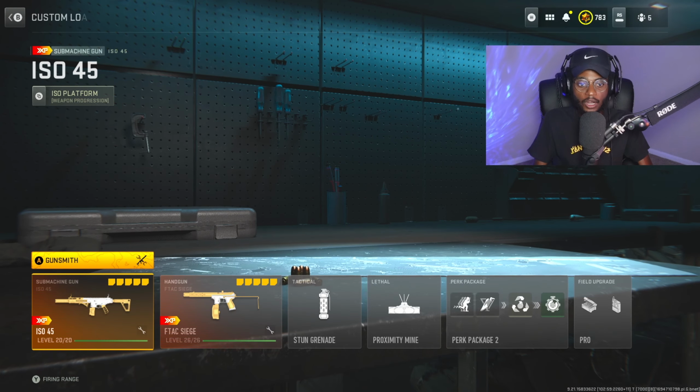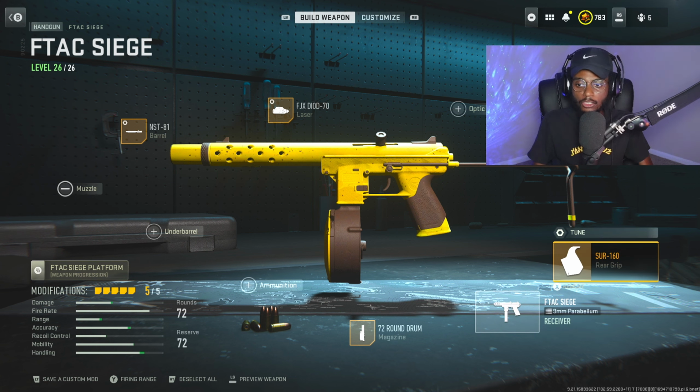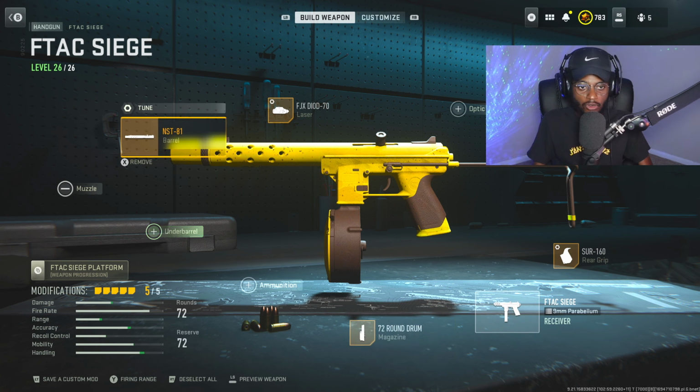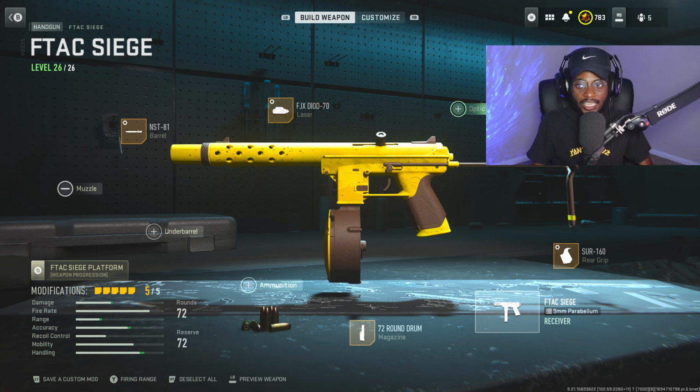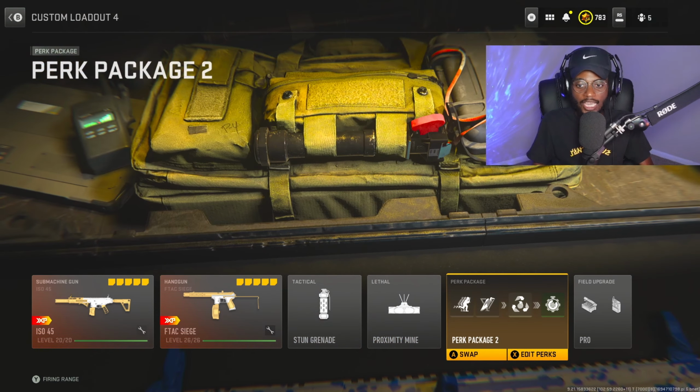Now, for the setup, we are going to be rocking with the FTAC Siege. Again, same attachments as always. SIR 160 rear grip, 72 round drum, the NST81 barrel, the DH70 laser, as well as the good old Siege wire stock. Now, we have on the stun grenades, the proximity mines, and for the perks, we have on